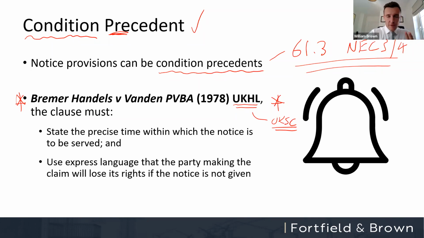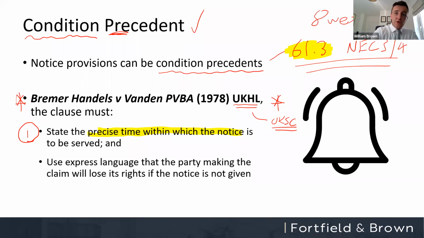And that court set out this test for what amounts to a valid condition precedent. It has to do two things. Firstly, it has to state the precise time within which the notice has to be given. So again, in the context of this clause under the NEC, does it state the precise time? Did I state a time frame earlier? Under the NEC, how long have you got to notify a compensation event? Anyone in the audience? I did mention it, but just to see if anyone was properly listening: 8 weeks exactly.